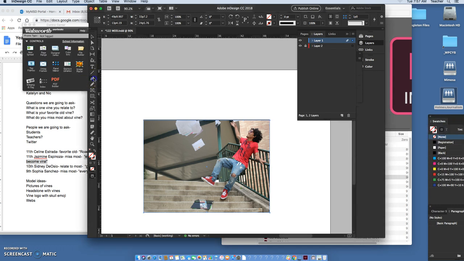I'm going to go here to this tool, hold down, and add anchor points. And I'm going to add some anchor points, these little dots around the edge here, so I have more to work with. Then I'm going to select the white arrow, and I could do some kind of tricky things here. I can start moving this picture to where parts of the picture show up. But as you'll watch, I'm moving the frame around. These papers,